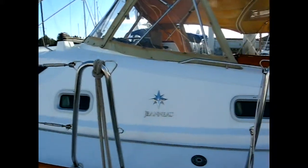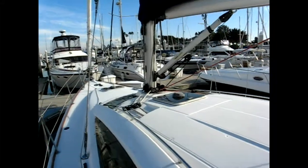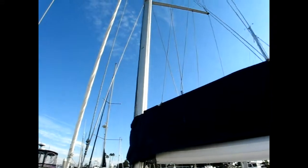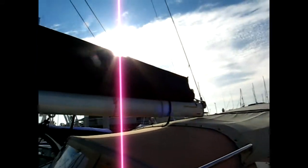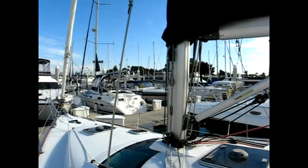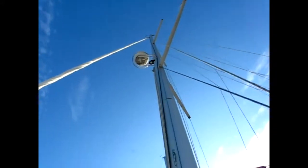She's very clean. Owner keeps her nicely waxed and polished. She has a classic rig, slab reefing mainsail, so really nice sailing performance. She has a lazy bag, which makes it about as easy as possible. Electric cabin top winch, also spinnaker halyard. She has an asymmetric spinnaker in a sock,